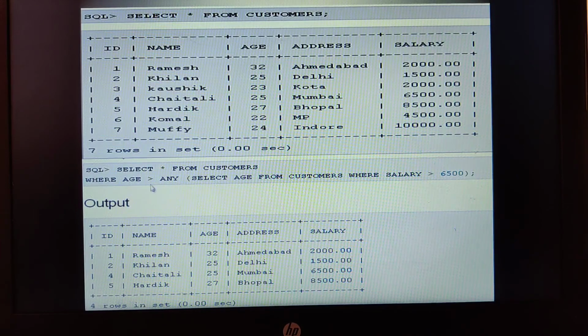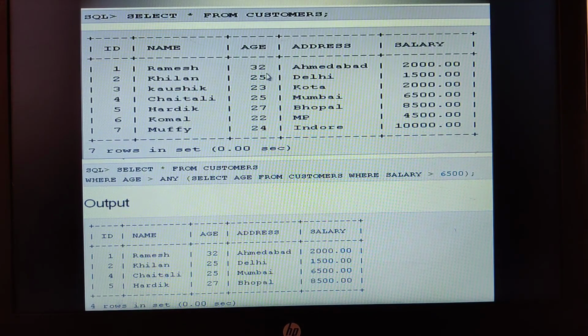Correct? Then select star from customers where age is greater than ANY of 27, 24. Understood? ANY is used to compare the values to the applicable value in the list. Now in the list what I got is 27 and 24. So with these, it will select those ages which are greater than 27 or 24.